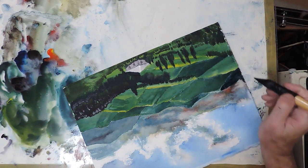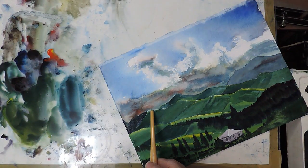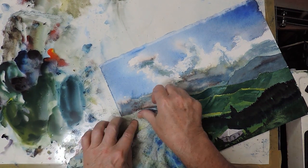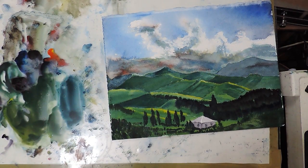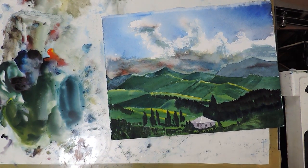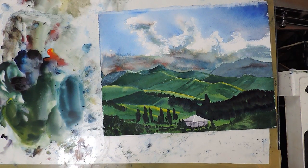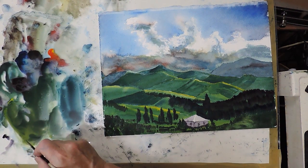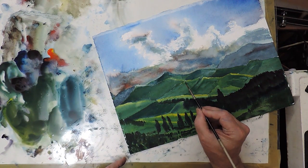And yeah, why this edge is catching the sun and this edge is not, I don't know. It's one of the mysteries of the universe. There we are, that's just given it a bit of three-dimensional structure, not enough to distract, but just enough to show it's not a flat piece of paint on the paper there. Let's knock that